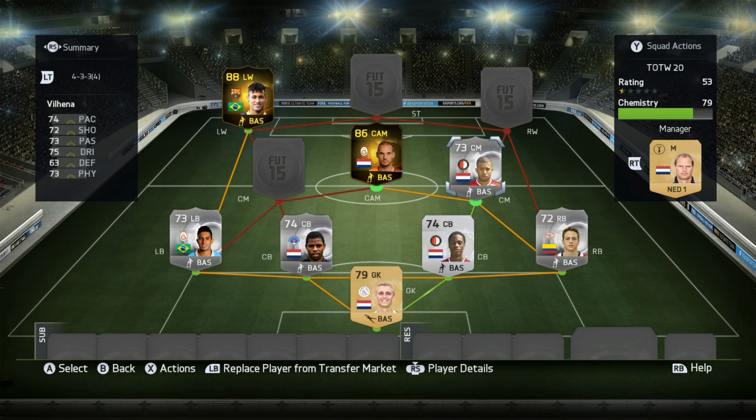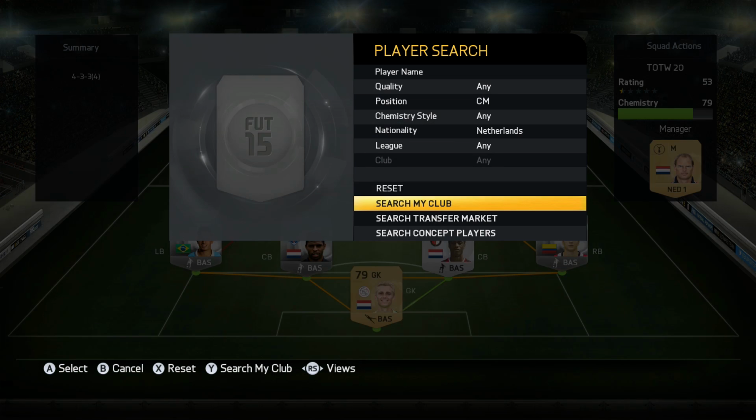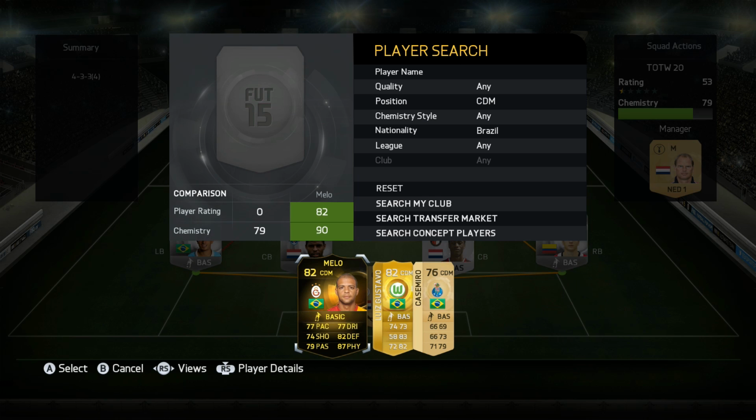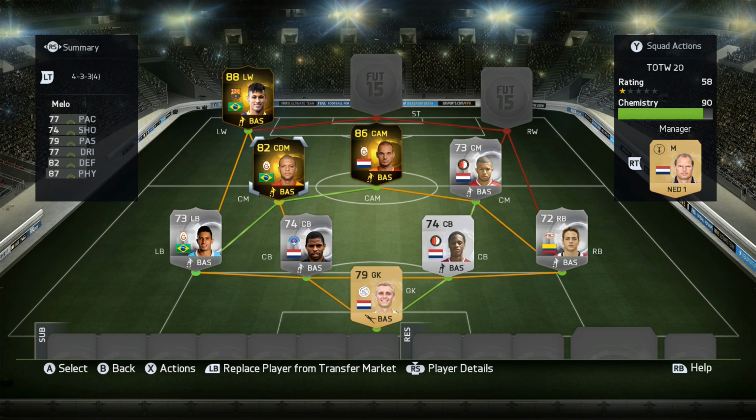Now we do have Vilhena there in the right center mid spot, and I could have gone with a 4-star skill or maybe Wijnaldum or something like that, but I decided to go with him just to make me play a little bit more onto Sneijder in some way, so I didn't end up skilling with another player in the midfield. So yeah, we had him in there, and then Felipe Melo on the left center mid spot,